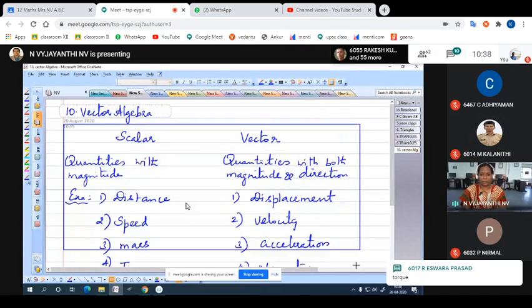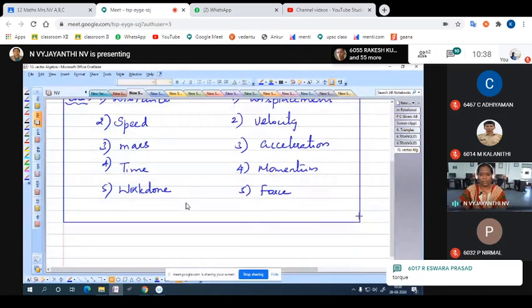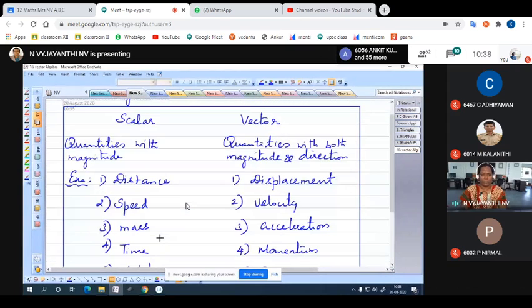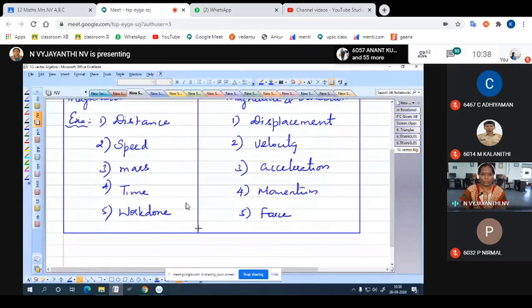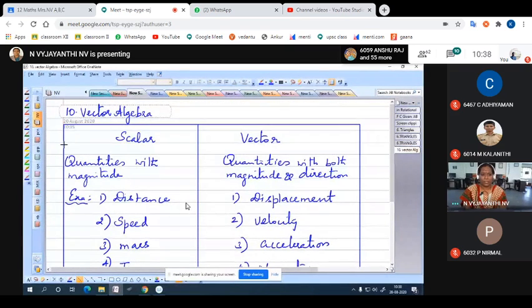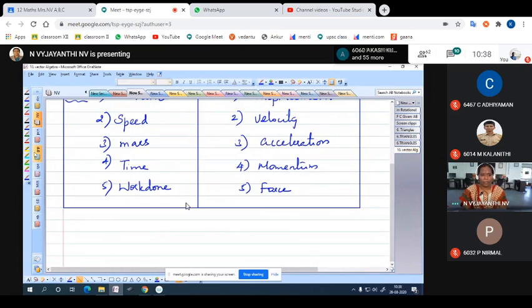Now I hope you must have got the difference between these two quantities thoroughly. So if the two things are different, the calculation among these two will also be entirely different. So we have to see the algebra of vector and scalar. Already we know very well about scalar, so we are not going to touch upon this. We are going to see the algebra of vector. Before that, what is the notation for vector and how will a vector be denoted?